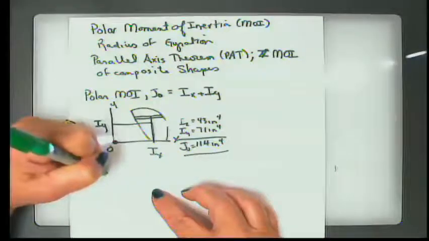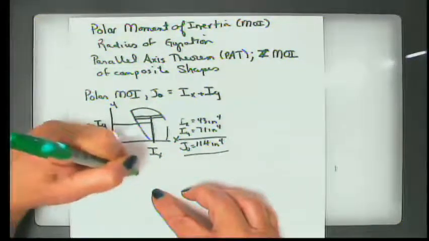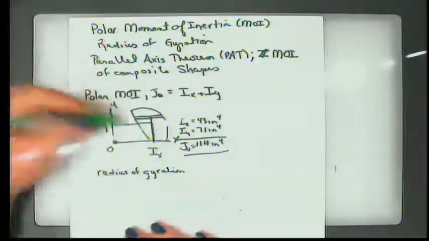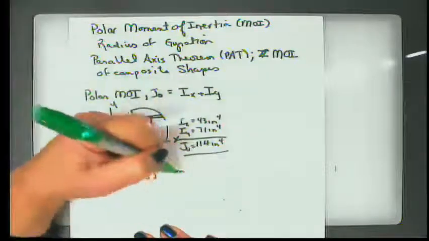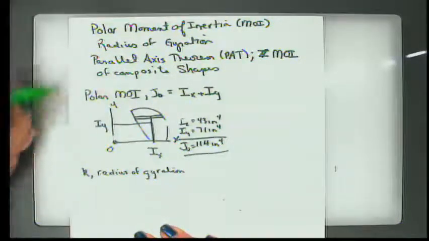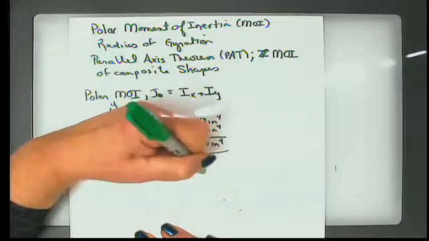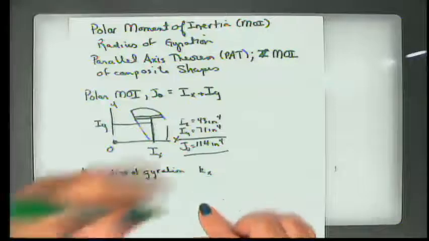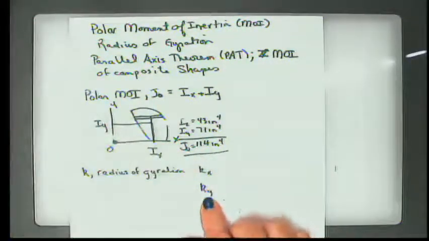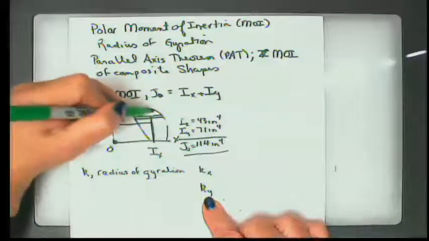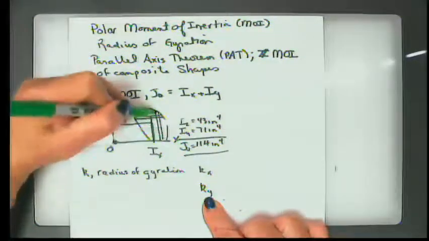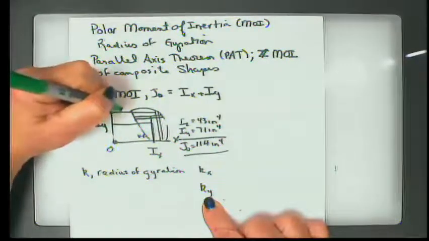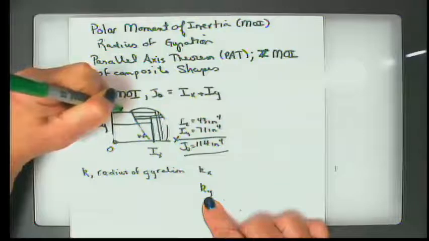So the radius of gyration, once again, just like the polar moment of inertia, has to be defined about an axis. So in this case, they used the letter k to define radius of gyration: k sub x is the radius of gyration about the x-axis. K sub y is equal to the radius of gyration about the y-axis. So for example, if this area were concentrated into a little strip, so this would be k sub x, this would be k sub y,